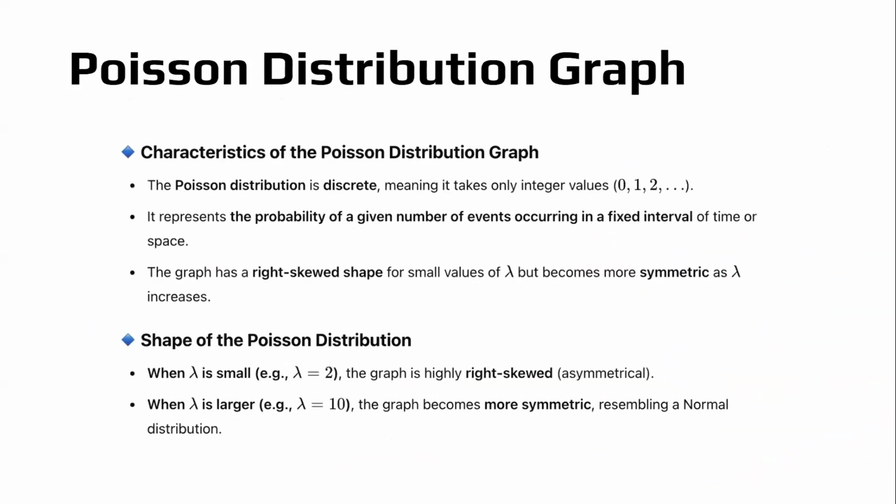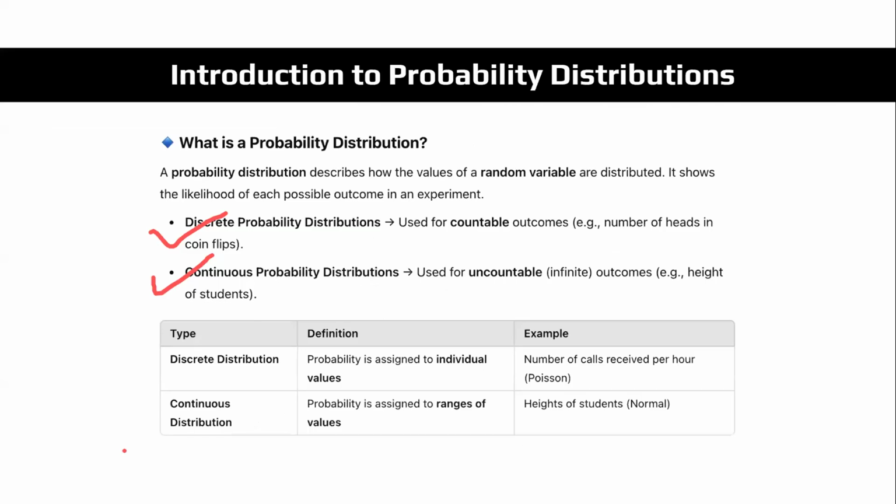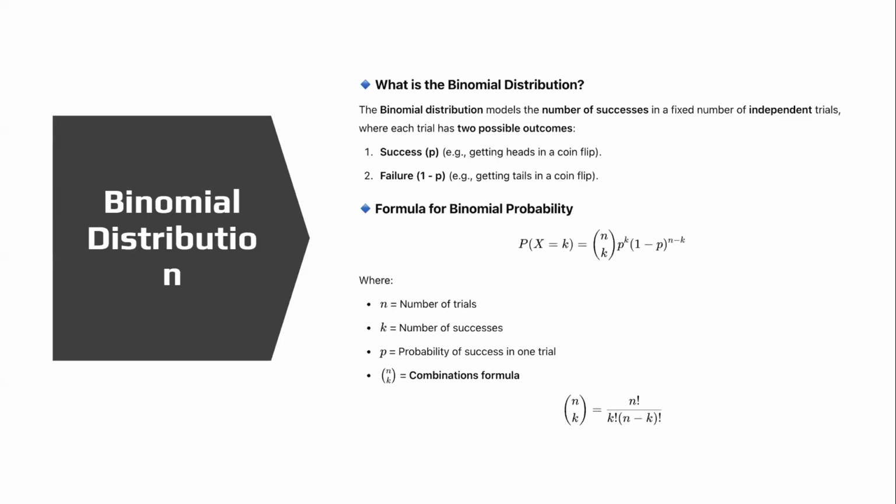Let's start with the initial part of the PPT. So let's talk about the binomial. We talked about probability distributions initially, right? We talked about two types of distribution, discrete and continuous distribution, right? So let's talk about the binomial distribution now. I took extra time for the normal distribution because it's the widely used distribution, and we'll be discussing a lot about it